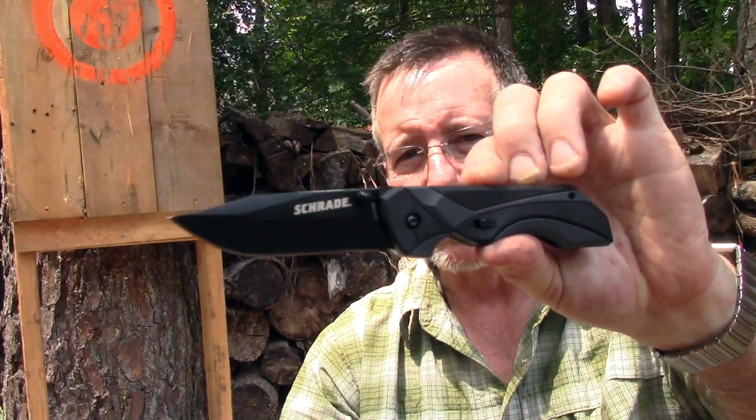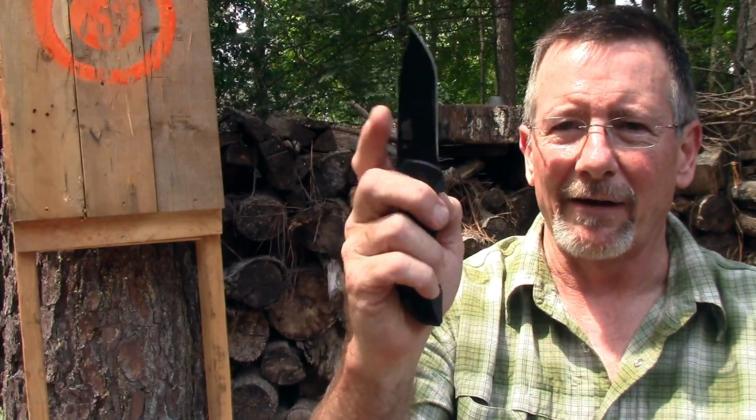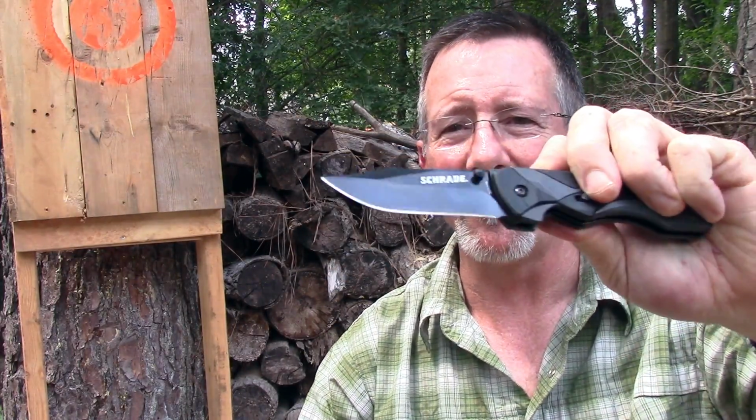So that was a quick look at the Schrade SCHA8B Magic Assist folding knife. And even though it's not a bushcraft knife, oh man, I mean, that's just right there. Either hand. If you don't like that, I don't know. I think maybe therapy might be called for. Not that I'm saying you're crazy or anything, but